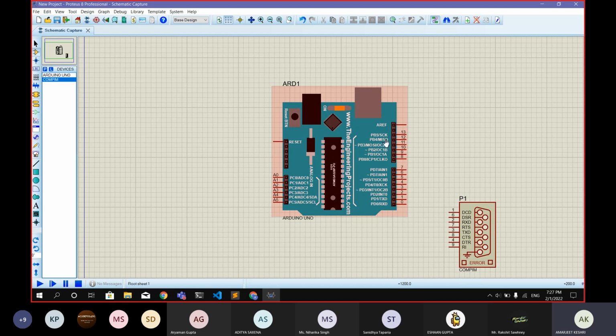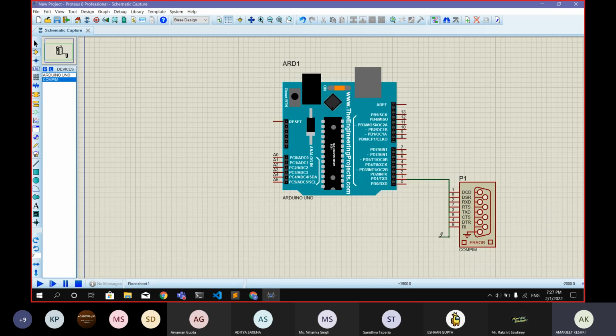For connecting anything to the Arduino, we have to connect the RX and TX terminals. So this is the TX terminal, as you can see, TXD. Connect the TX terminal to the TX pin of here. And the RX terminal to the RX terminal. Okay,